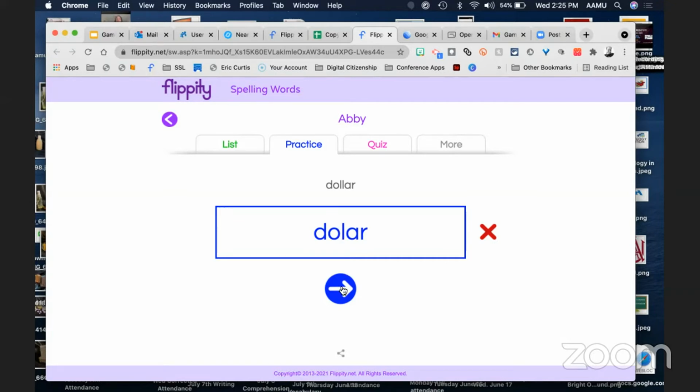And then from there, if I wanted to go to the next word, I could click on this blue arrow here. But then you have a quiz next. After they have done the practice, then they can do the quiz. Spell. Pretty. And I'm going to write PRETTY, because we're assuming I've done all of the words. Spell. Picnic. All right, I'm not going to do all of the words.